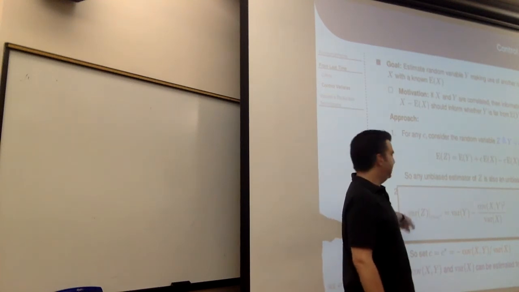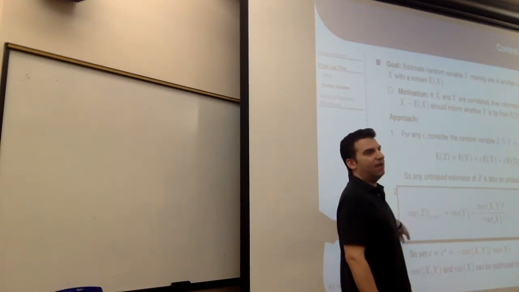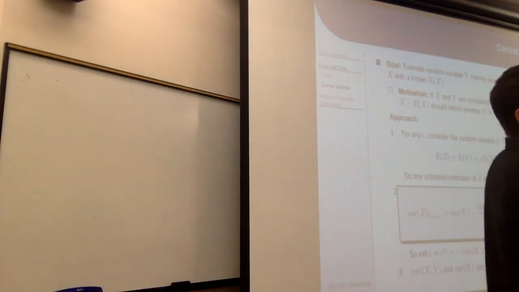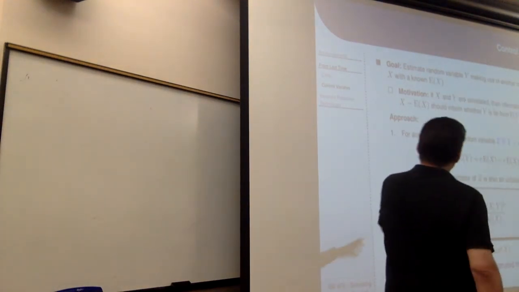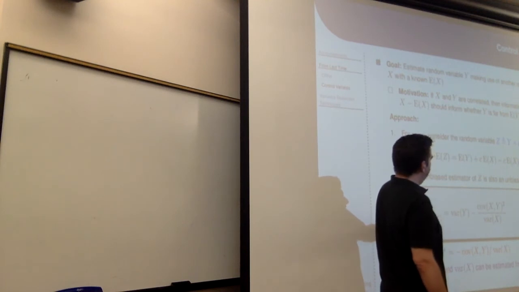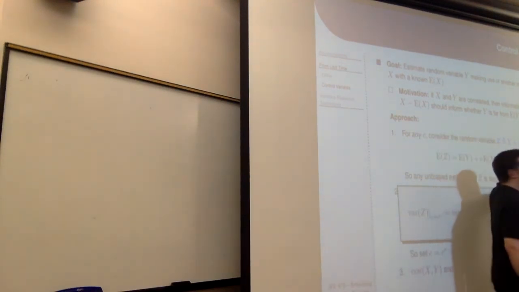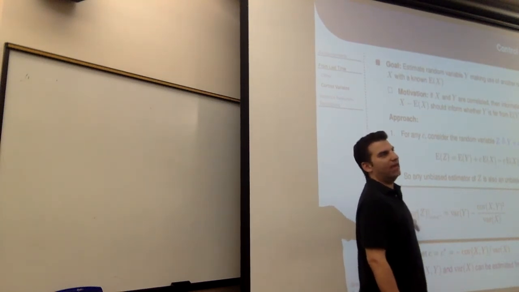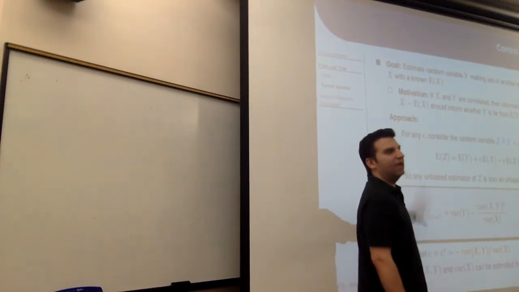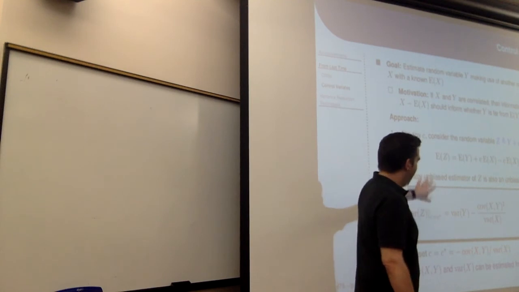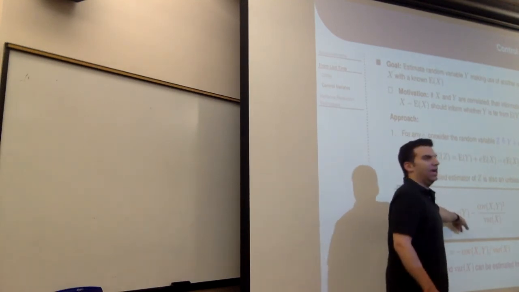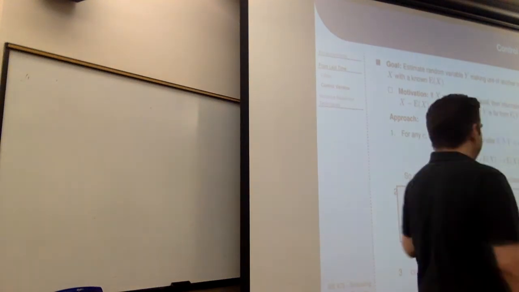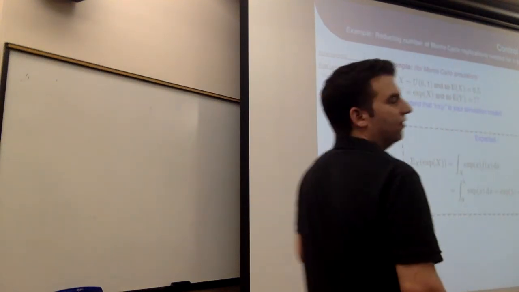So I basically take samples of Z. I calculate confidence intervals on Z. And those confidence intervals will be smaller, and they will still be estimating the same parameter, the expected value of Y that I want. So I've created a new variate that I do all my analysis on, my t-tests, whatever, on Z. And that will have less variance than Y, and it'll still collapse around the mean value of Y. So that's the magic of a control variate.